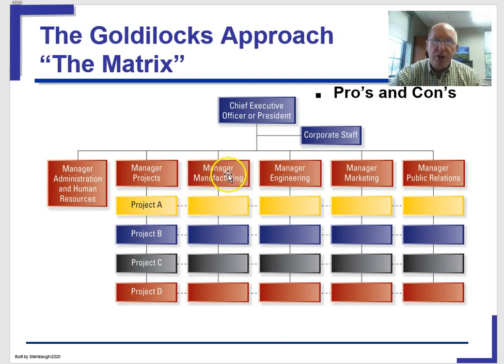Do they get along with each other? Do they like each other? Do they respect each other? And so now, if they're asking me to do things that I can't get done, I go to my manufacturing manager and say, hey, boss, you've asked me to do X, Y, and Z, and I can do that, but my project manager asked me to do A, B, and C, and they want it done today. Then you give them the opportunity to make a decision.